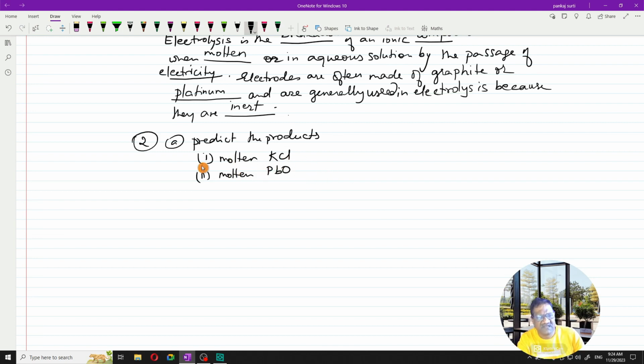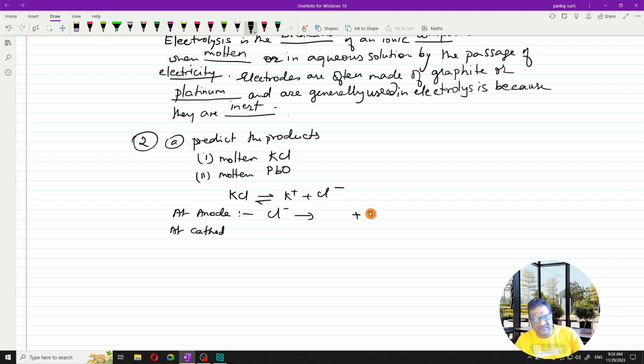So first let us get the answer for this. This is KCl in the molten state. So for the electrolysis, first let us write the decomposition reaction. KCl will be decomposed to K+ and Cl-. Because it is in the molten state, water is not involved, so you won't get H+ and OH- ions. So this is the reaction. Now at the anode and at the cathode, what will happen? At the anode, being connected to the positive terminal, this chloride ion will go to the anode and